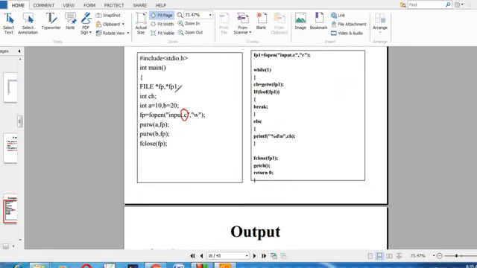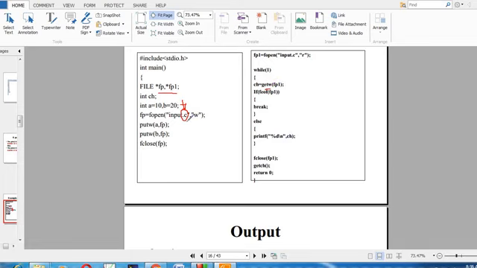So here I created a file pointer, int ch, int a equal to 10, b equal to 20, fp equal to fopen of. Here a .c file is not required, we can use a .txt file. Now we are going to write these two integers with the help of the putW function. Then with the help of getW we can read the integer values from the file. Then after that we can display to the user.